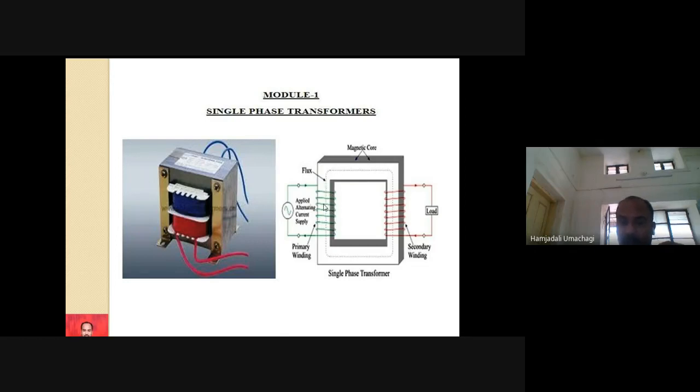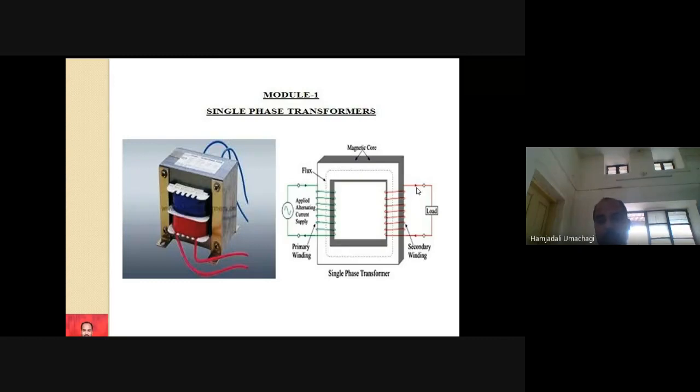So whenever flux is linking to both the primary as well as the secondary winding, EMF will be induced because of mutual induction. EMF is simply nothing but a driving force. Driving force means that it will push the electrons to flow through the secondary winding. If electrons are pushed to flow through the secondary winding, then that flow of electrons is nothing but what? Yes, electric current.